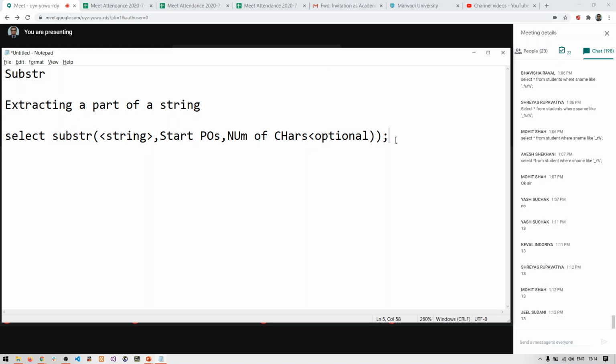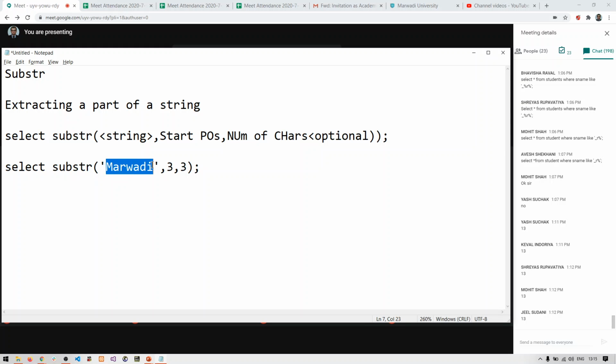So let us take an example very quickly. So select substr, in brackets, let me write down Marwadi, right, comma 3, comma 3. That is my question. Right, so what does this mean? This is the string, right?